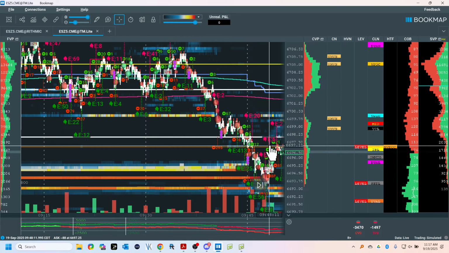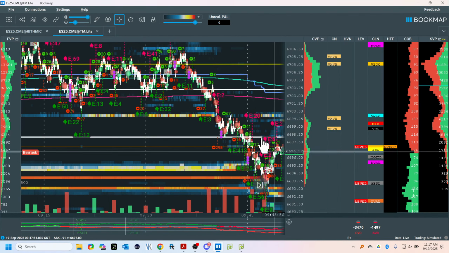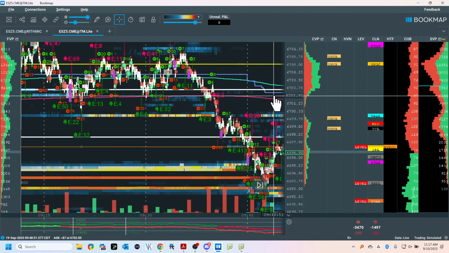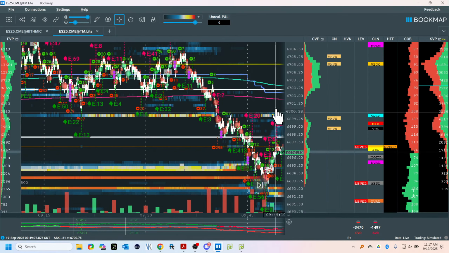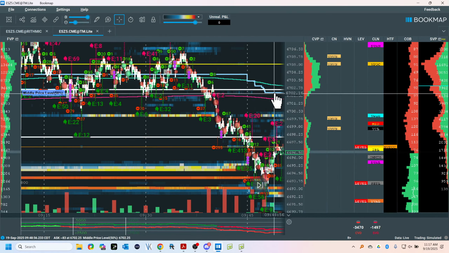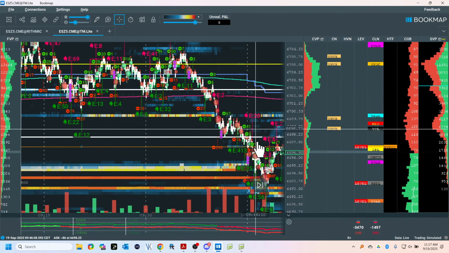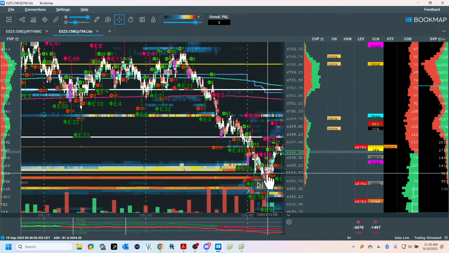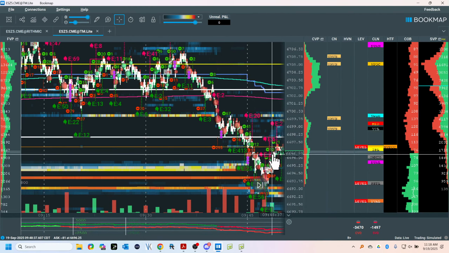Now, here's the way this works. I always think about where I might get the opposing side. I might get sellers at the mid and the VWAP. So if I take this long, my first job is to get risk neutral. So it's to scale ahead of wherever the mid and VWAP is, because I anticipate retail sellers here. Now, they might be right. I don't know. It's not for me to say right or wrong. It's random. And I know it's Friday, but this is my trade. So you take your trade and off you go. So this is a long for me.